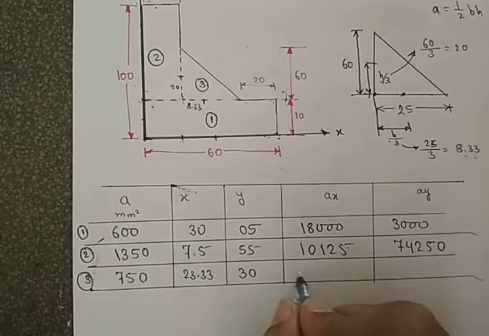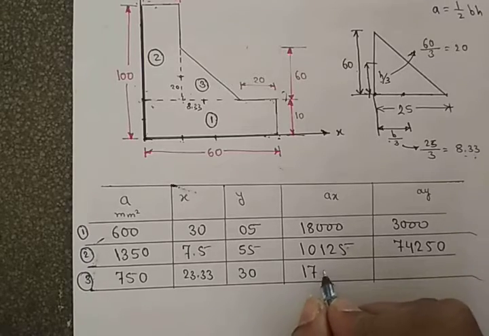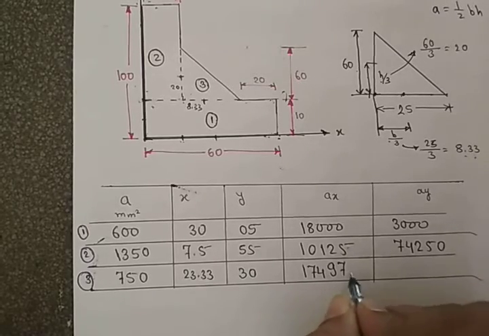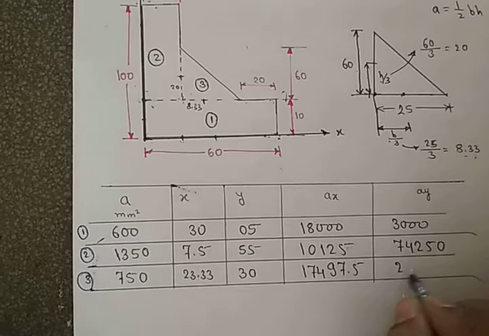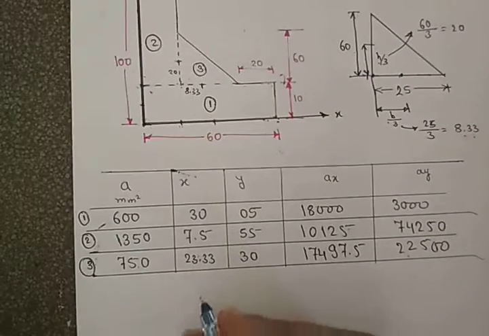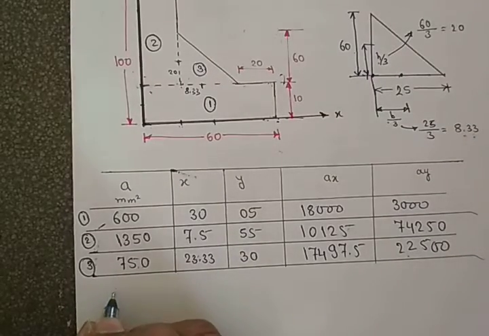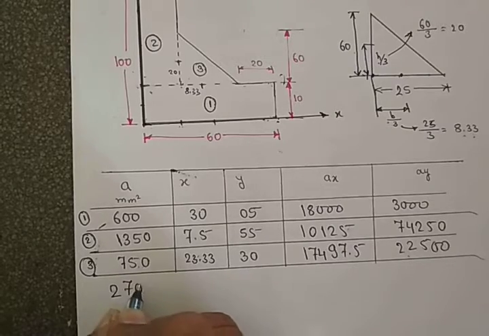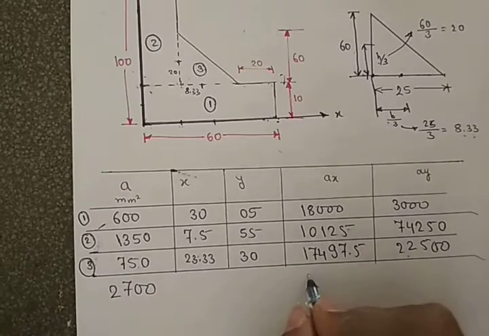And multiplication will get these values. Multiplying here, from here to here, we will get this value. From here to here we will get this value. Okay, now we will find the summation. Summation of all areas is 2700, and summation of all a into x